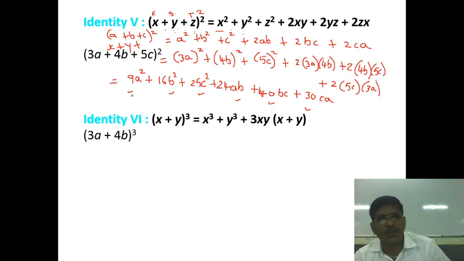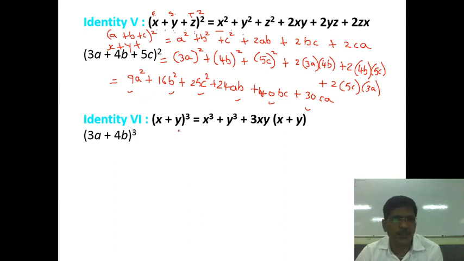Again I repeat, (x plus y plus z) all square is equal to x square plus y square plus z square plus 2xy plus 2yz plus 2zx. And I have to write here one example, (3a plus 4b plus 5c) all square. Then first I will write the squares of the three terms, that is (3a) square plus (4b) square plus (5c) square, plus the formula: 2 into first term and second term, plus 2 into second term and third term, plus 2 into third term and first term. And then I have to multiply. Don't write 3 square is 6, don't write 4 square is 8, 5 square is 10. That way we cannot write it.